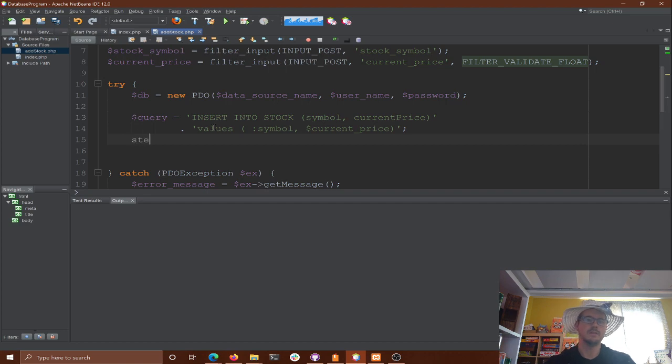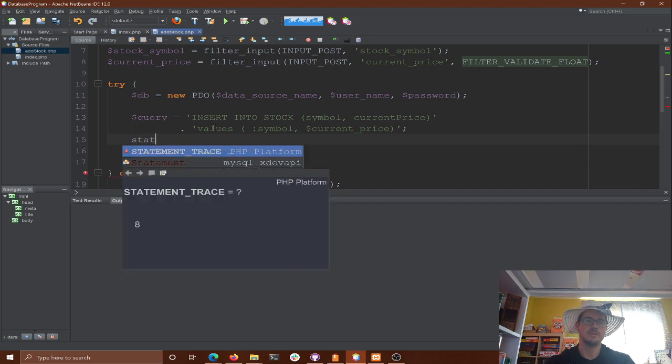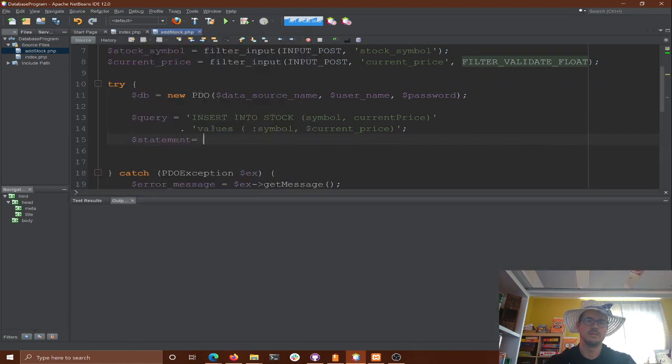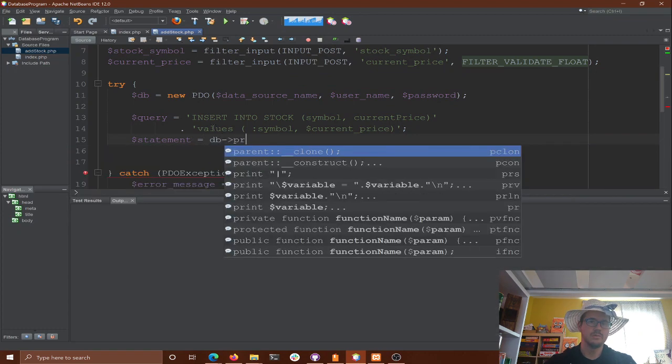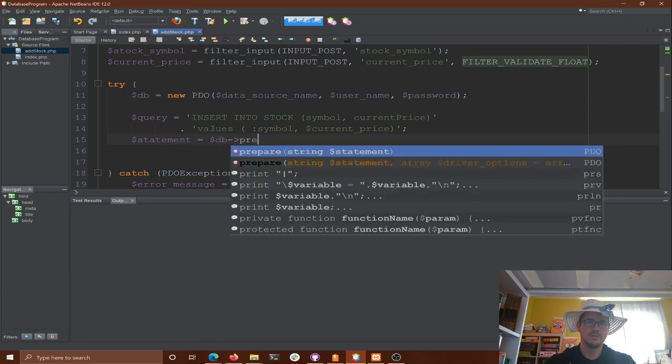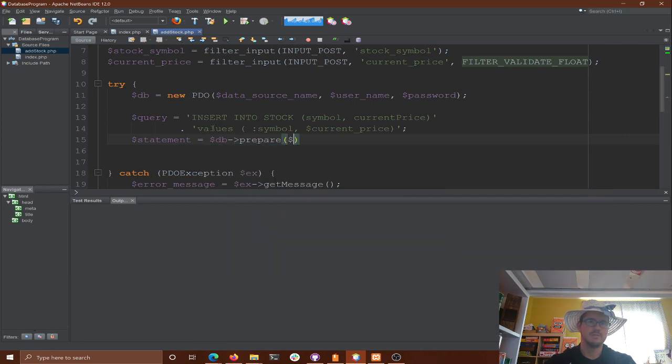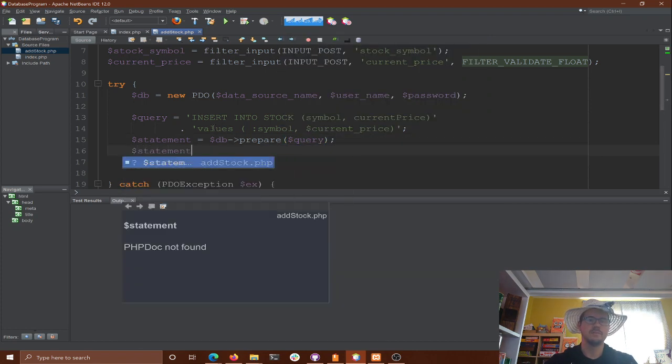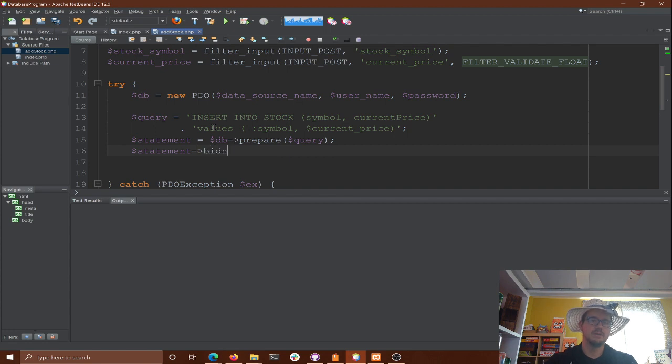So we got to prepare it. So my statement is my $db arrow prepare our statement, or prepare the query. Okay, we've prepared it, and now we're going to do the binding values thing. So statement, bind value.